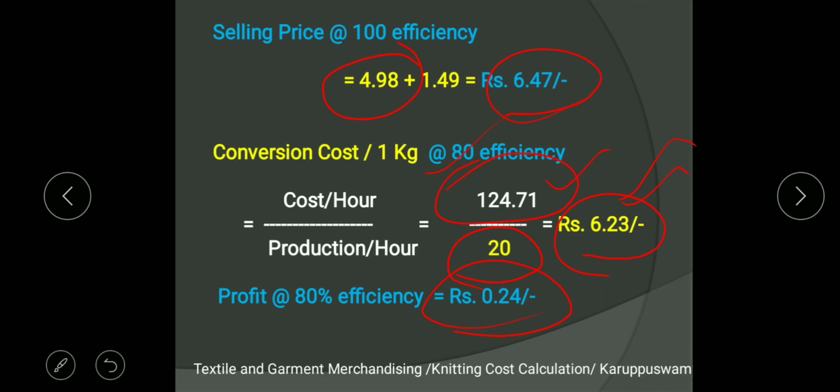So before making quotation, it is your duty to ensure that what is the possible way to run your business. That is, you should predict your efficiency before making your quotations. So that's why most of the industries are investing a lot in industrial engineering department to increase the efficiency. So whenever your efficiency is increasing, your cost gets decreased and your profit gets increased.